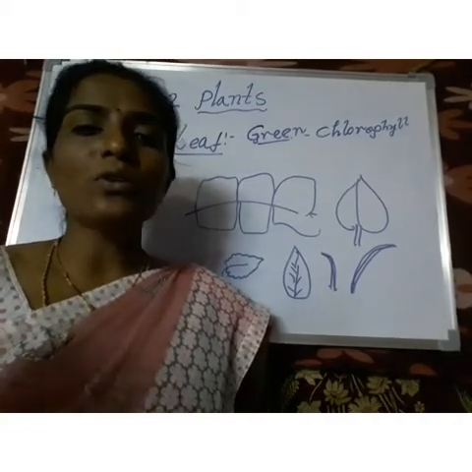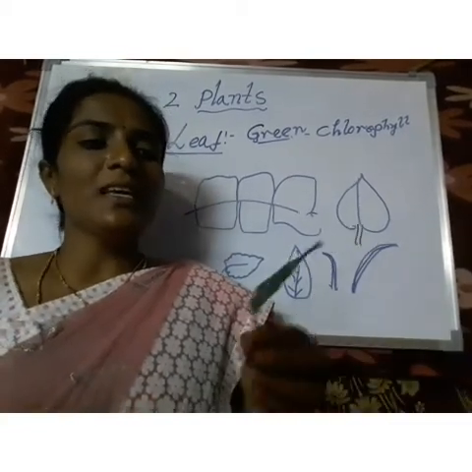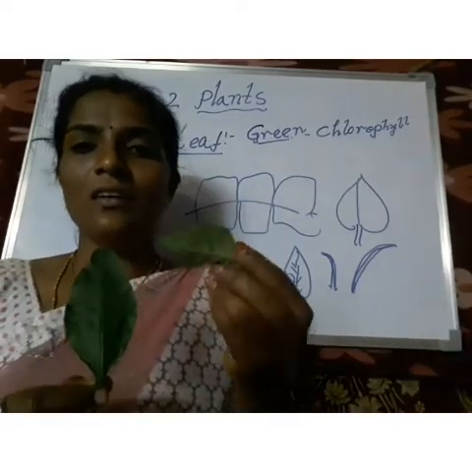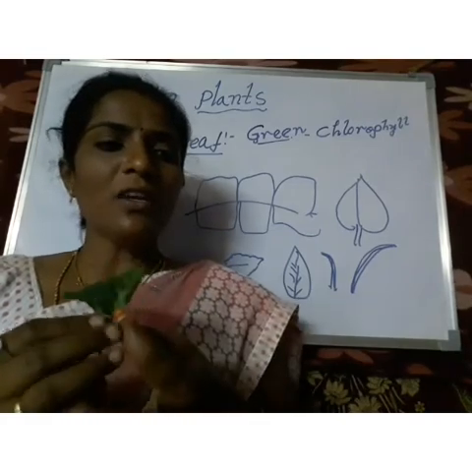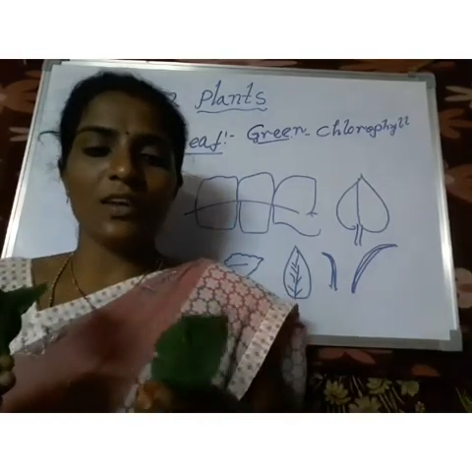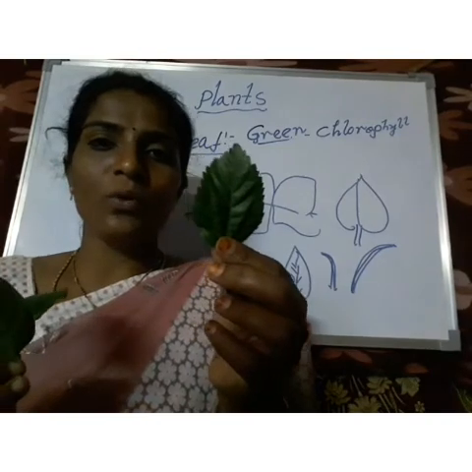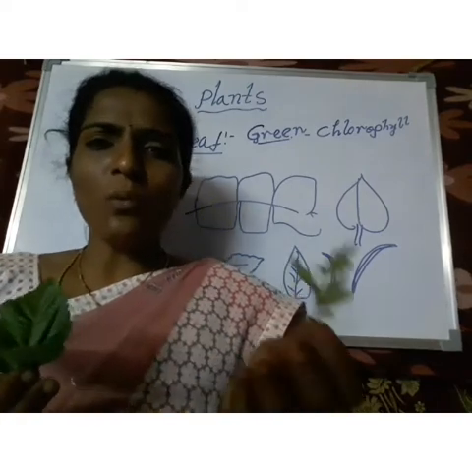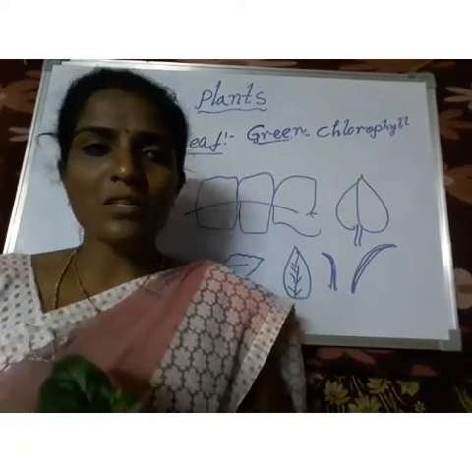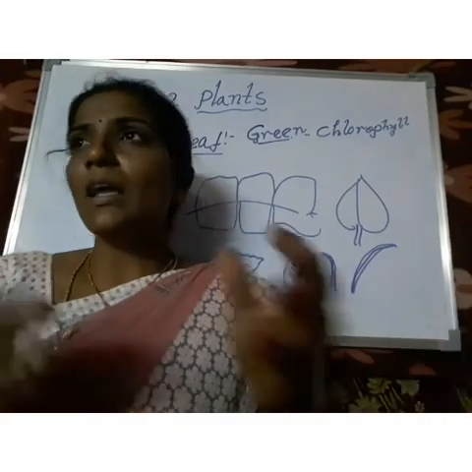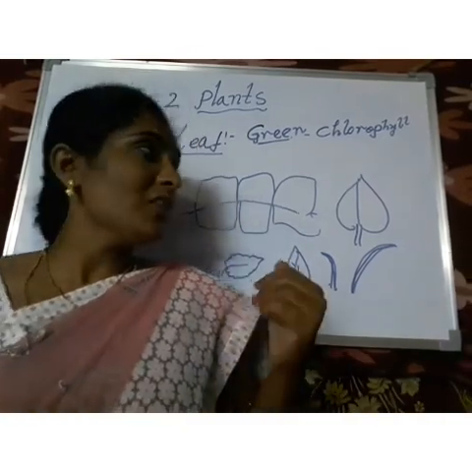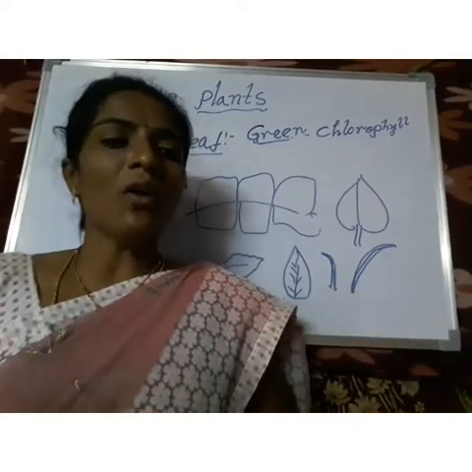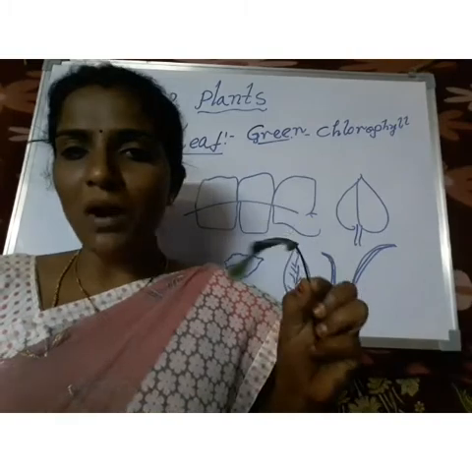Now I want to show some pictures of leaves. This is one picture of a leaf, and this is another leaf. Coming to this leaf, this is a China rose leaf. This is one more, and these are one type of leaves. I am showing just some examples, but there are so many. Coconut leaves, banyan leaves, and so many others all have different sizes and shapes. And in these leaves also, different parts are there.